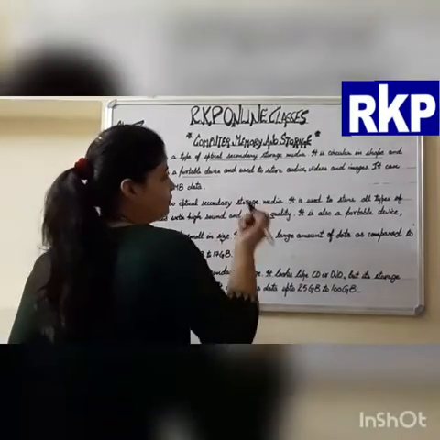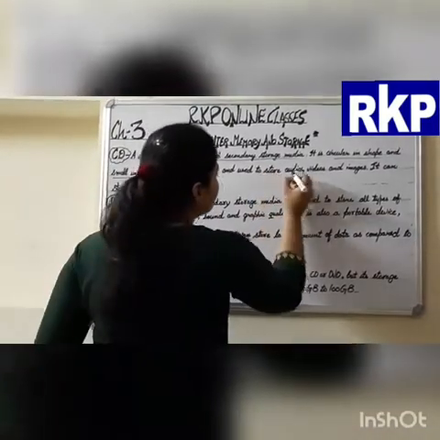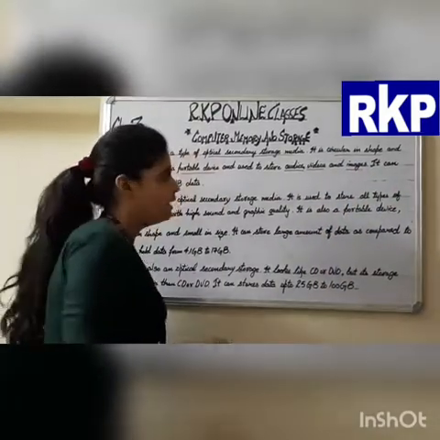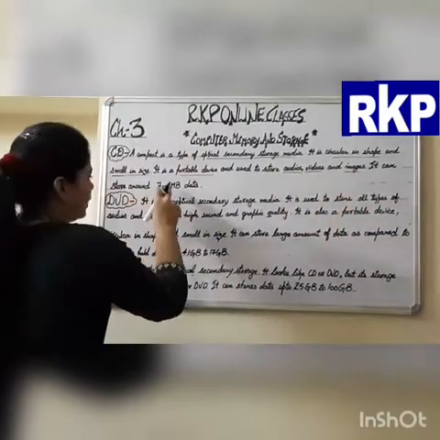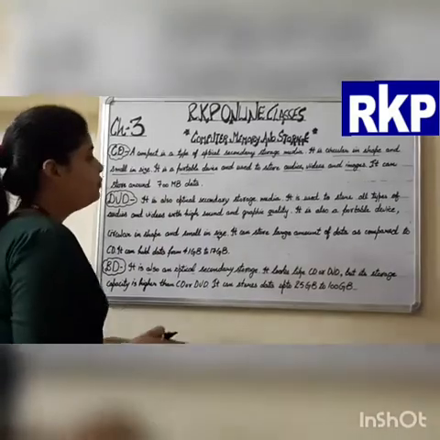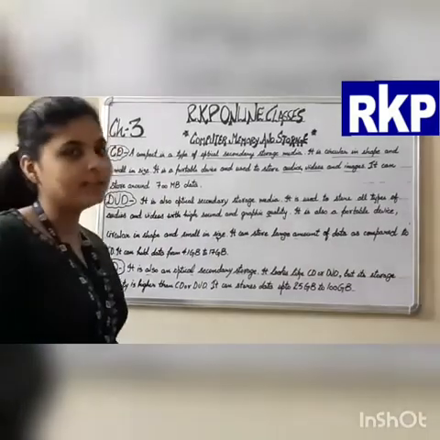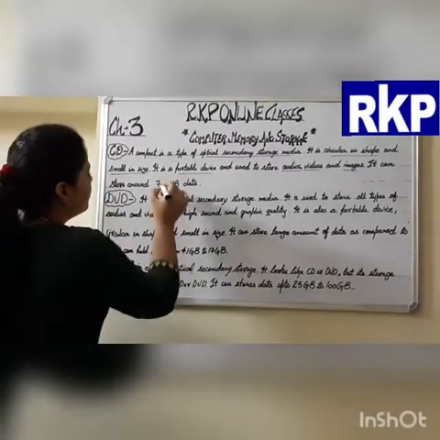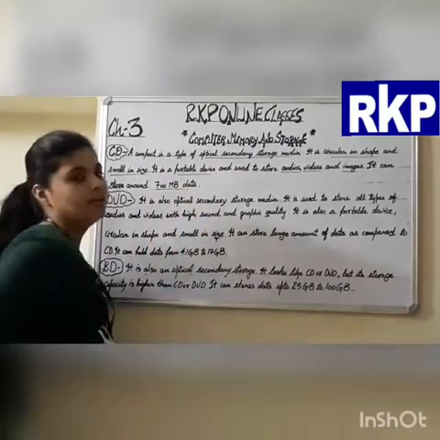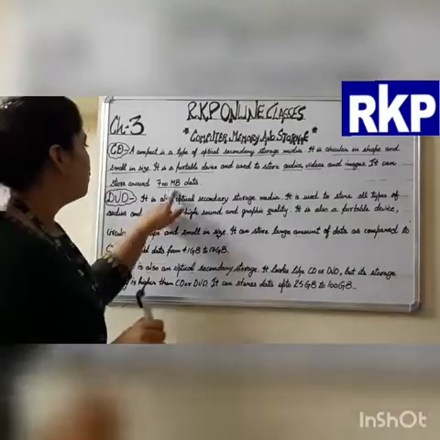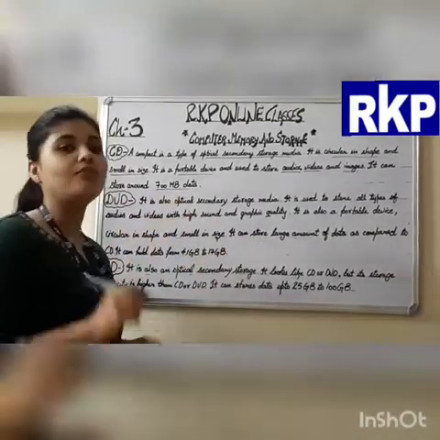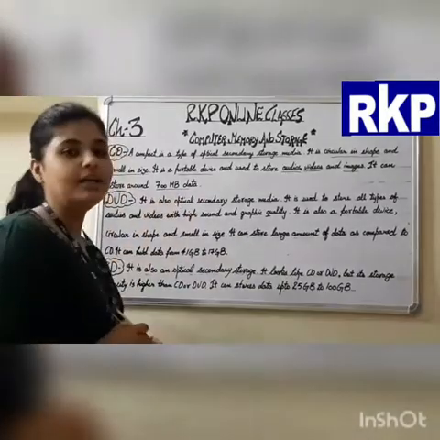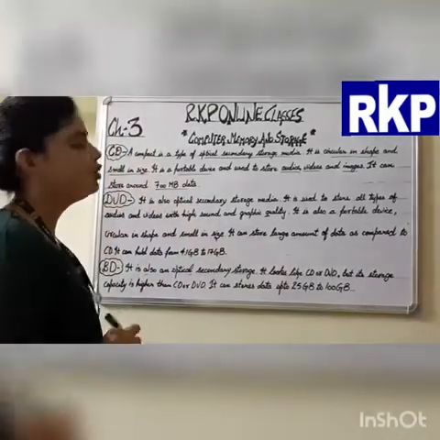And what is the function of a CD? They are used to store audio, video and image files. If we talk about the storage capacity of a compact disk, it can store around 700 MB of data. As you know, 1 MB consists of 1024 KB, so 700 MB is the storage capacity of a CD.